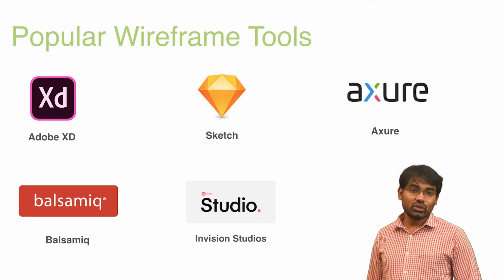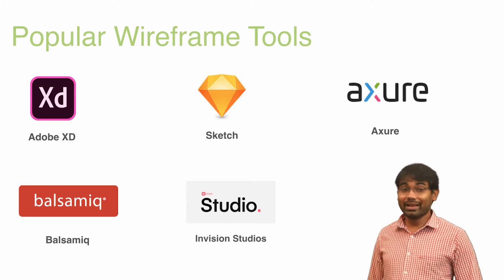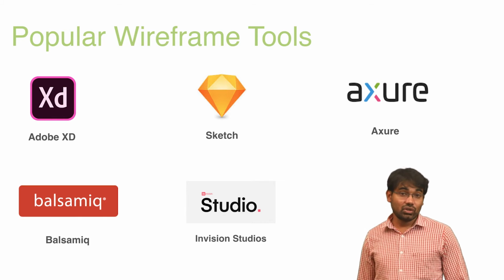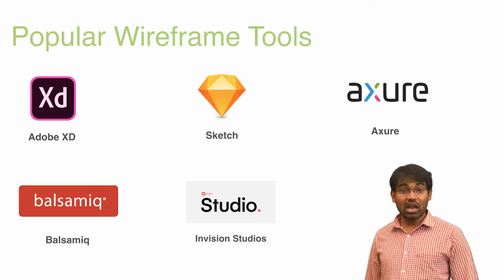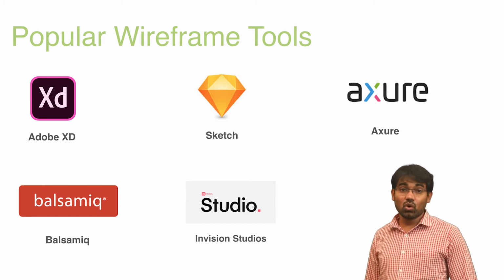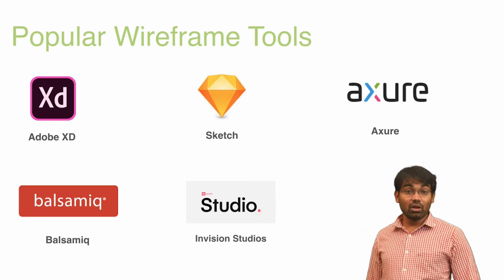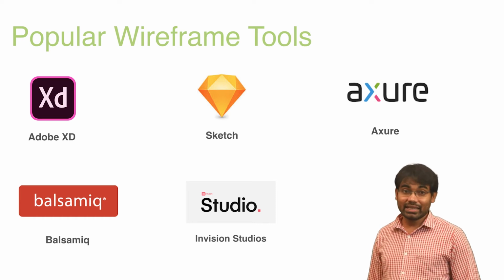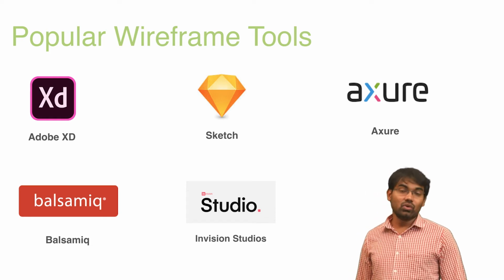There are a few tools like Axure where you can create a complete interactive wireframe. Wireframes generally look grayscale. You can also create a colorful wireframe to match almost closer to the final product. We can use the wireframe to show the customer the concept and to collect feedback. It also saves time. We can also show end users to validate the design. To conduct usability testing, wireframe plays a very big role.